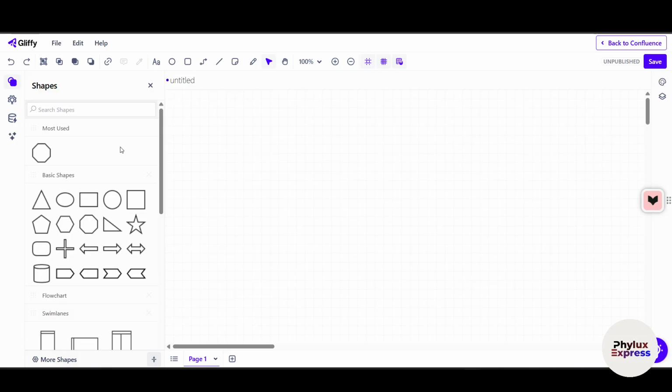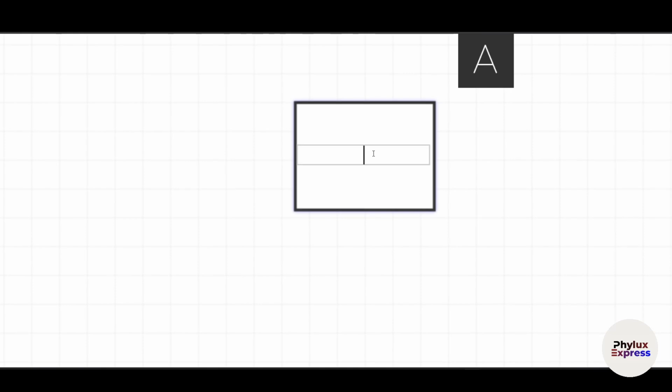Now you have to drag and drop shapes like rectangles, ovals, and diamonds onto your canvas and click directly on the shape to add a label. So I will use this one as a thing. Now as you can see, in the center we have this label. Whatever I type here, it will add that. Now this is the first